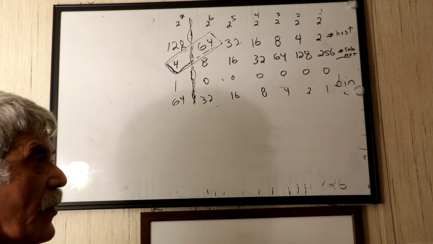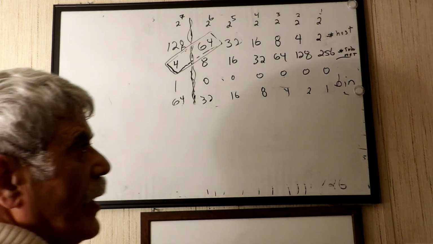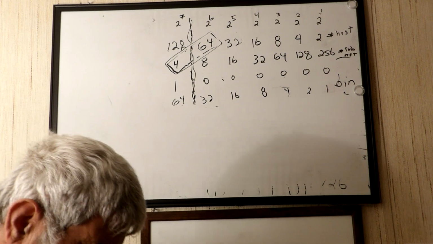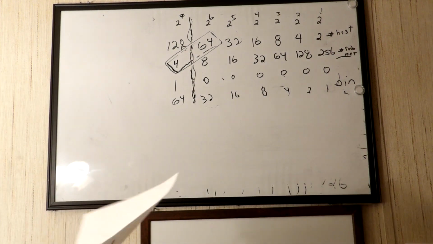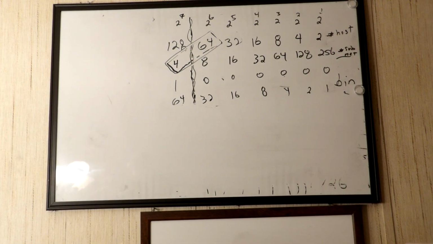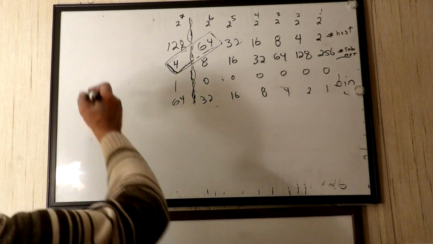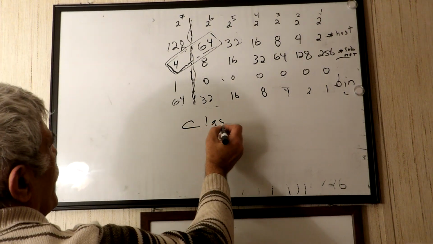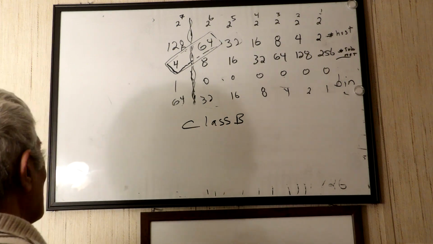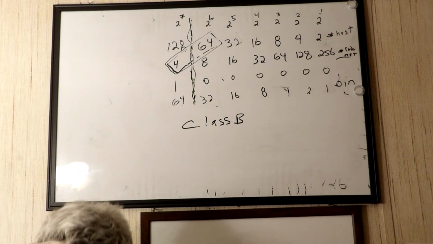There are 2,000 computers connected to the switch or a few switches, whatever, and then you want to have like 2,000 hosts in every subnet. Then you have to use class B. Class B is